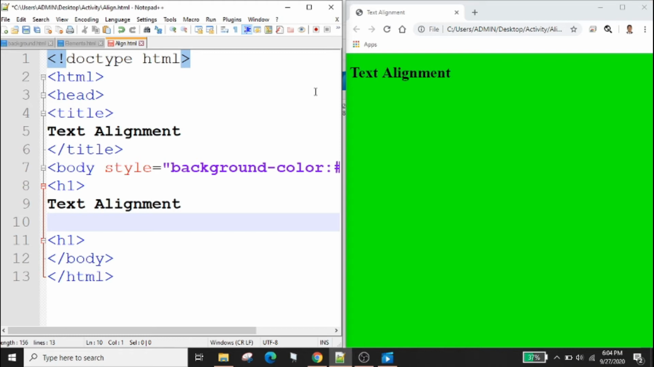To set text alignment in HTML, use the style attribute. The attribute is used with the HTML p tag or paragraph tag with the CSS property text-align for the center, left, and right alignment. Example,